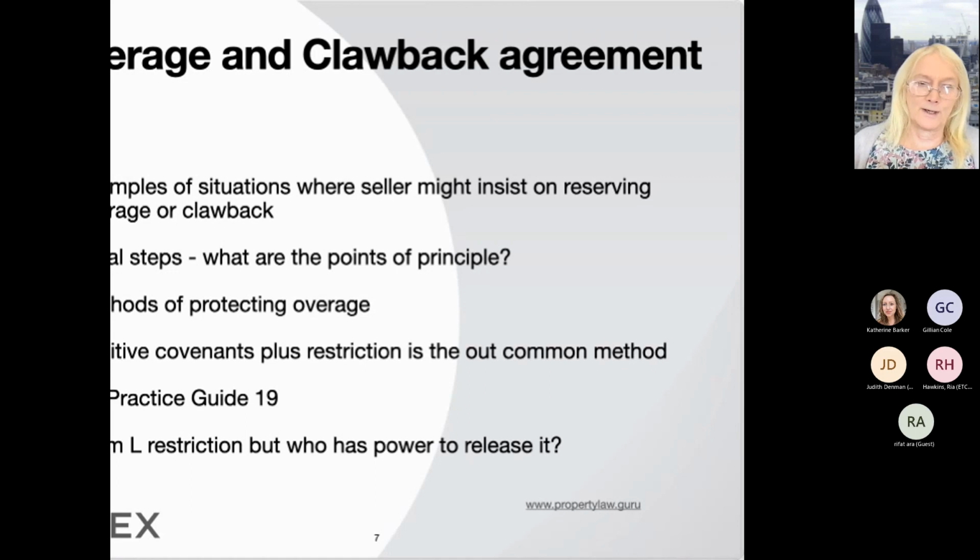Then ultimately, if it all works, the restriction is removed, the money is paid, everybody's happy, and so on.